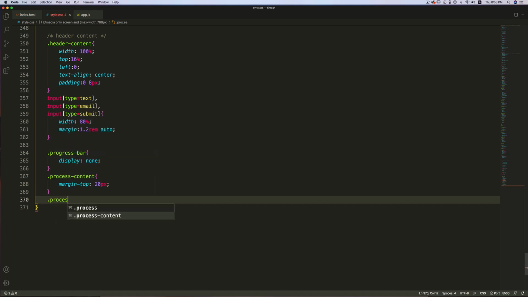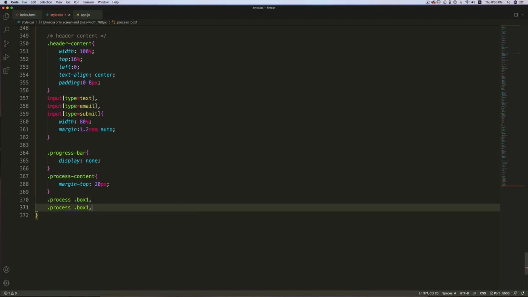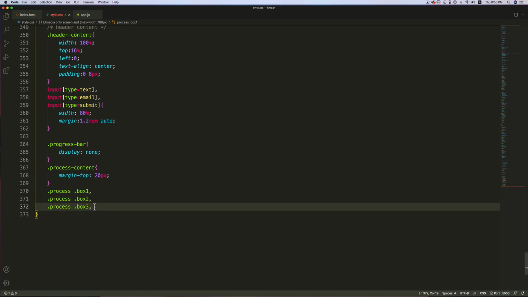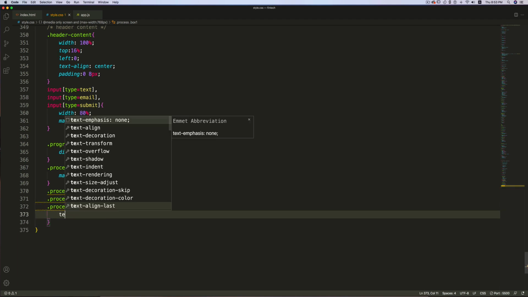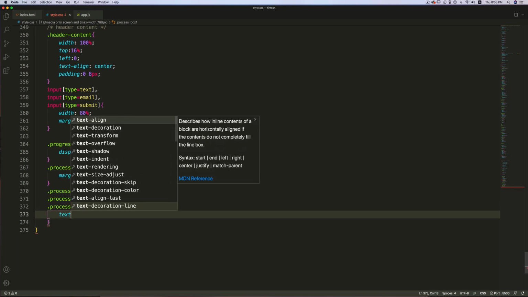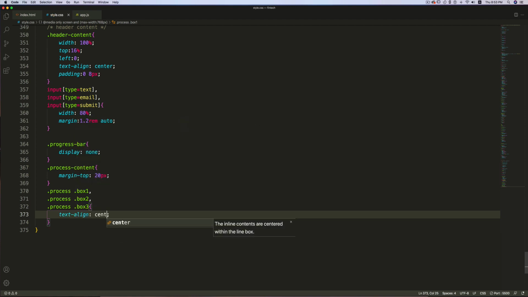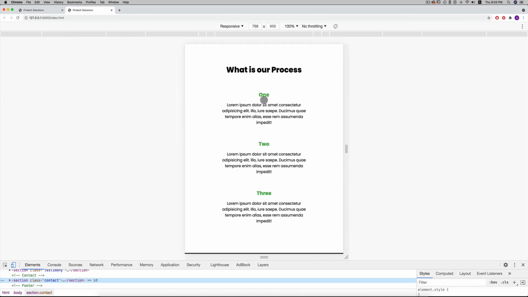So process box 1, box 2 and box 3. I'll change it to text align center. So now all are aligned to the center.